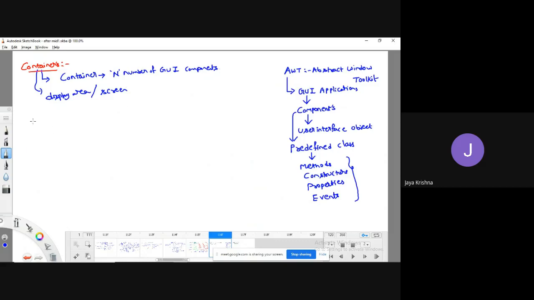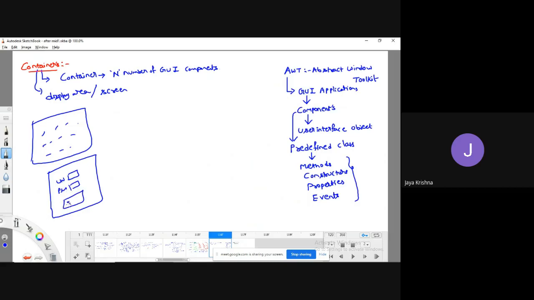It is something like a screen, right? If you want to arrange all the components in a particular order and position, you must add all these components to the screen. For example, sometimes you want a username followed by a text box, a password followed by a text box, followed by a submit button.